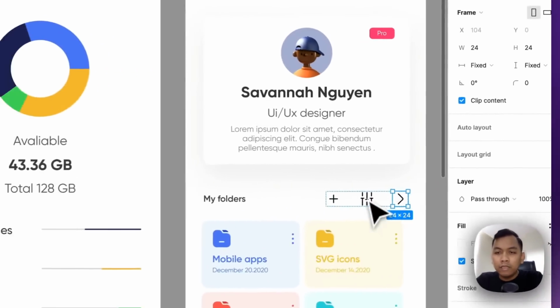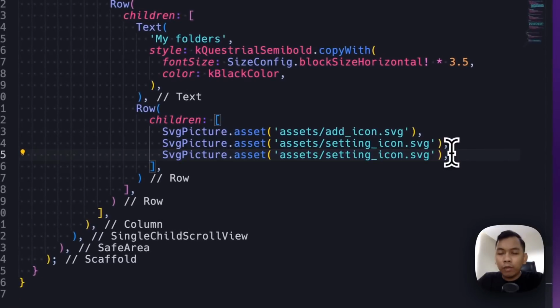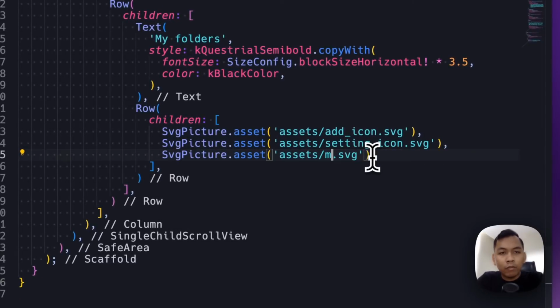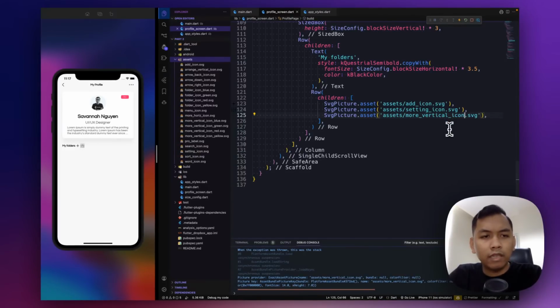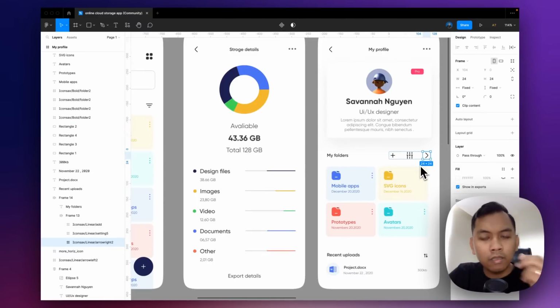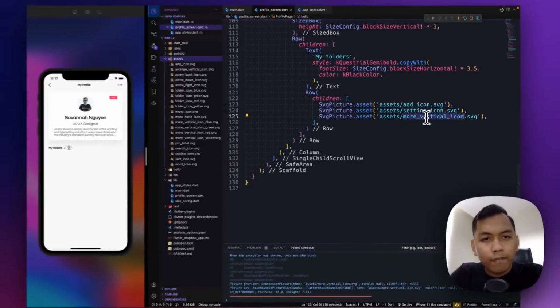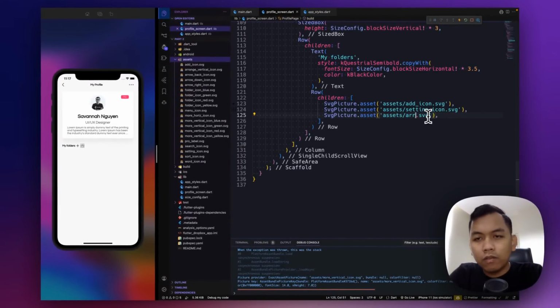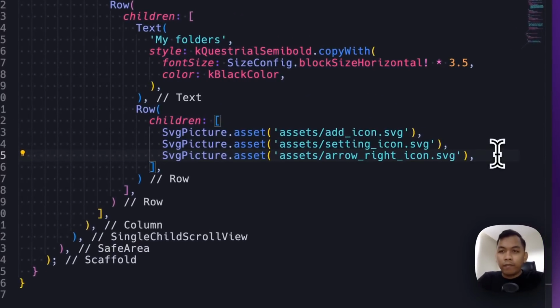And the last but not least, I guess it's more vertical icon. It doesn't exist. So what is this? No. It's not more vertical, but it's a right icon. I guess I am right. All right. Just restart.